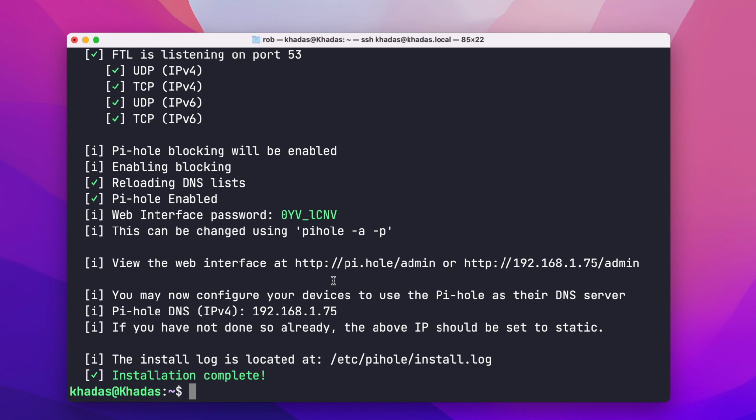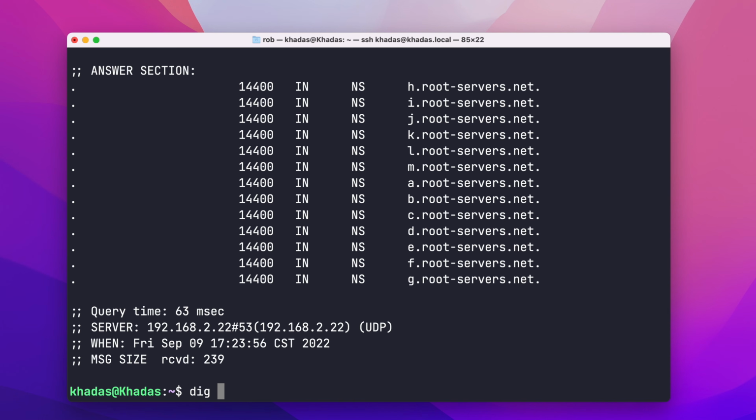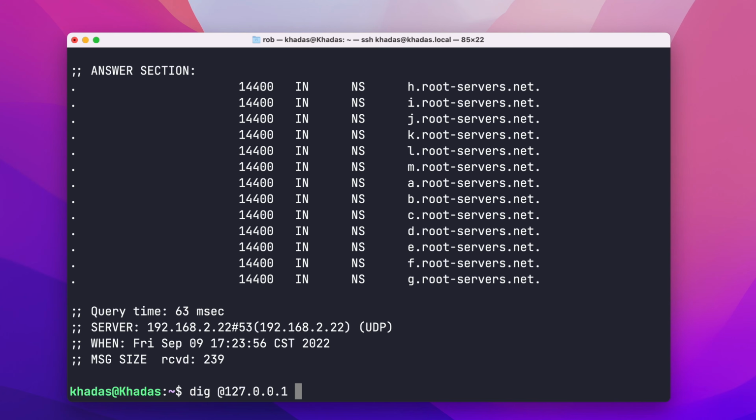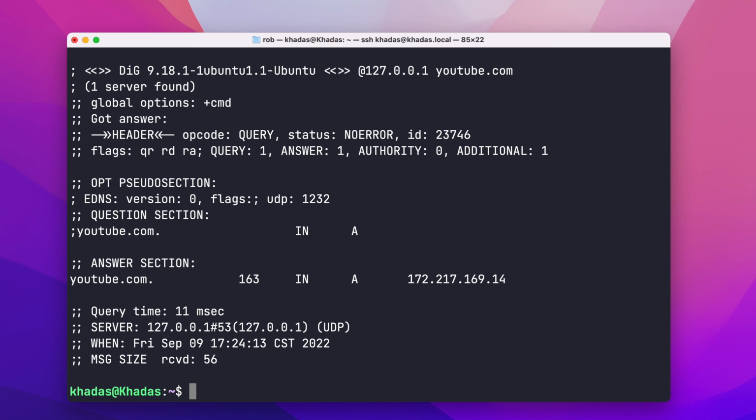And you can do this progressively, so we can test from this machine first that it's even working. Then we can make just this machine use Pi-hole for blocking, and then we can make our entire network use Pi-hole for blocking. And I think when you're getting started, that's a nice way to roll this out. So the first thing to do is, in this screen here, we can just run a quick test using the dig command, which is a way to look up domain names. So I'm going to use dig @127.0.0.1, which I want to use the local machine as the DNS service. And let's just look up youtube.com. So that tells me that the domain name server on this Pi-hole is working, and it's giving me this IP